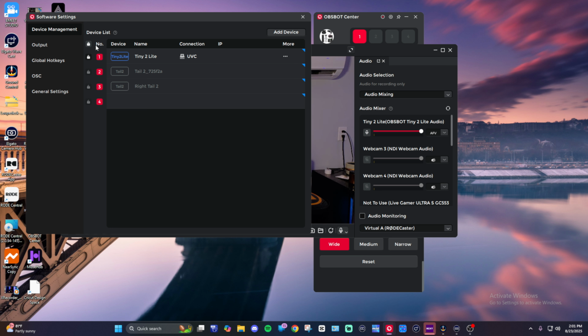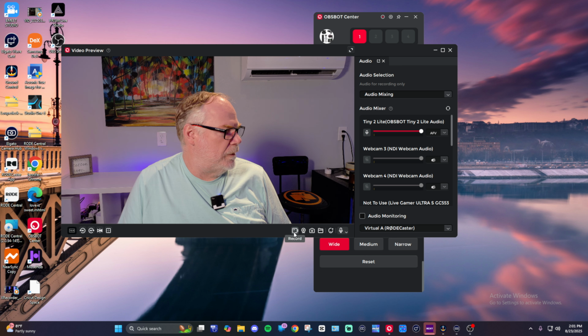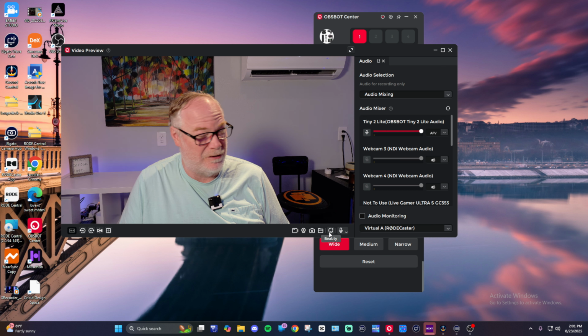Obviously, if you have multiple cameras selected, you have these shown up here. I've got 2 Tiny 2s that I typically use that are showing up for cameras 2 and 3 that currently are not connected. But down here, you have record, you've got your virtual camera, you've got snapshot, you can take pictures, you can open a folder. You also have beauty and filtering controls. That includes a